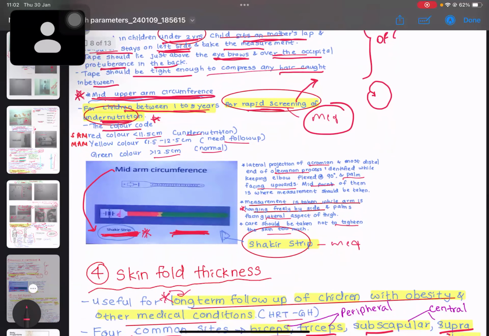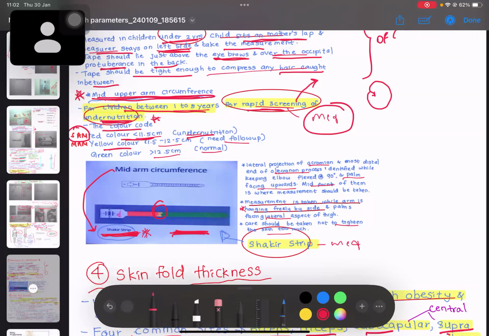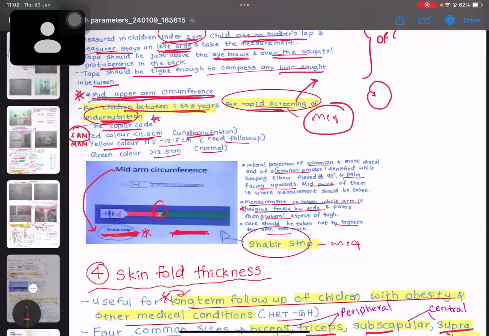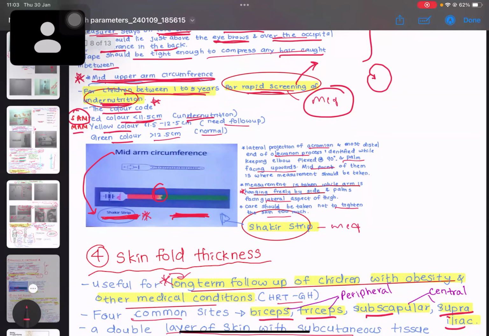There are color codes. If it is in red color, it means the arm circumference is less than 11.5 centimeters. This is SAM, severe acute malnutrition. So undernutrition. If it is in the yellow area, which is 11.5 to 12.5 centimeters, this is MAM, where the child needs follow-up. And if it's green, more than 12.5 centimeters, it's normal. Okay, then